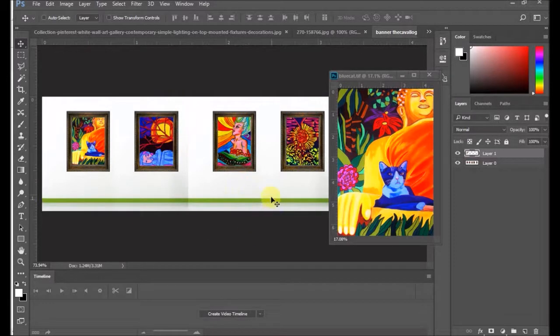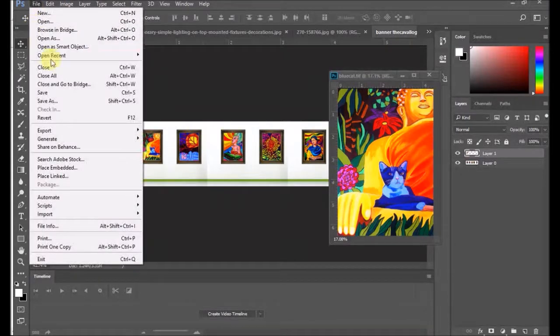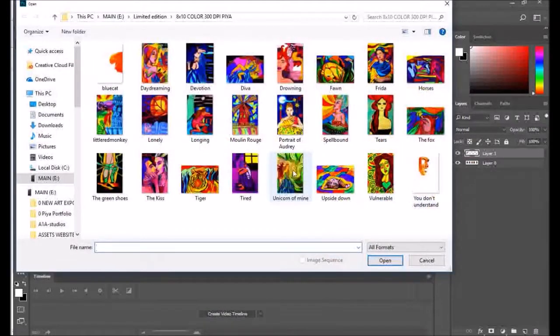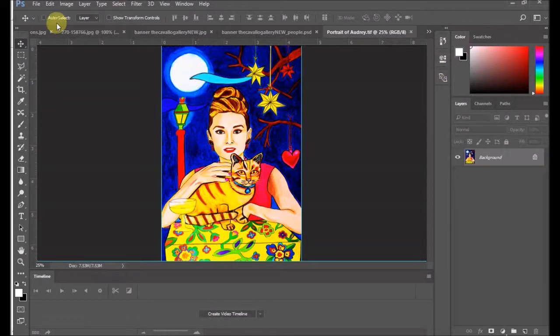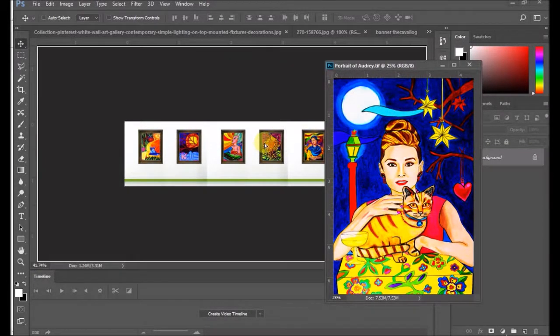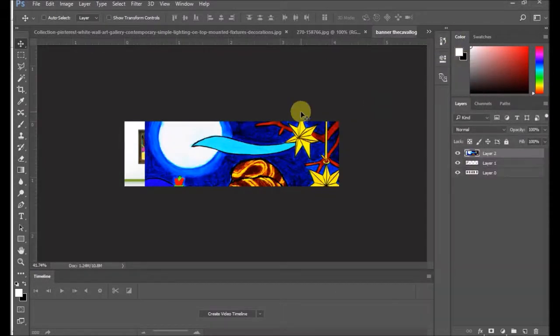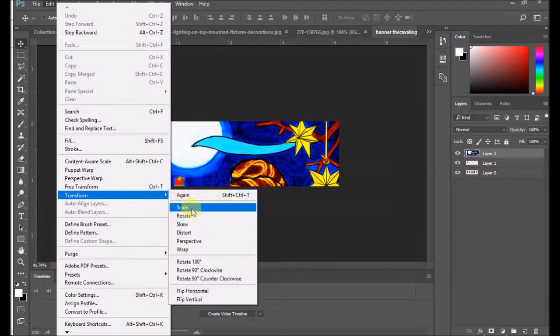We need another one here. I'm gonna open another image. I like this one of Audrey, the actress. That looks so sharp. That is a sharp image. It's awesome. I'm gonna put the Audrey right here where my sunflower is, and I'm gonna do an image scale, hold shift,